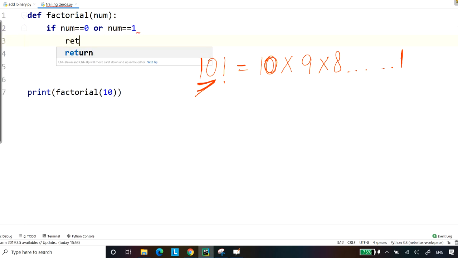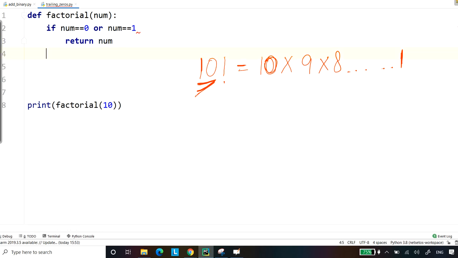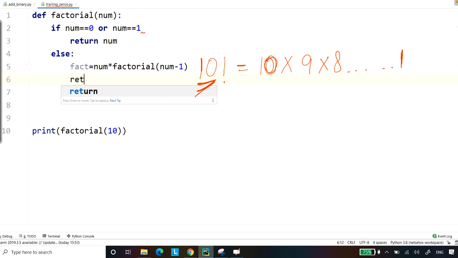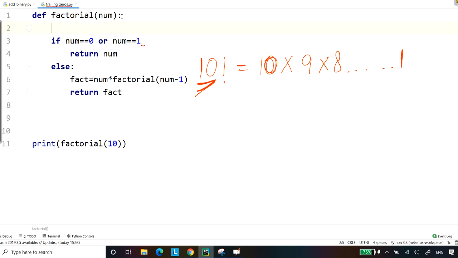In this case, it will return the num itself. Else, here we'll be using the recursion part where it will calculate. Let's give a variable fact is equal to num into factorial of num minus 1. And here it will return fact. Let's initialize fact to 1.